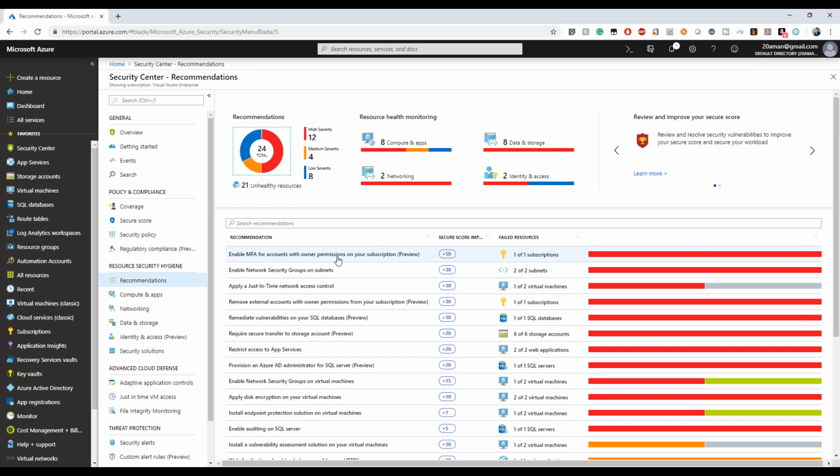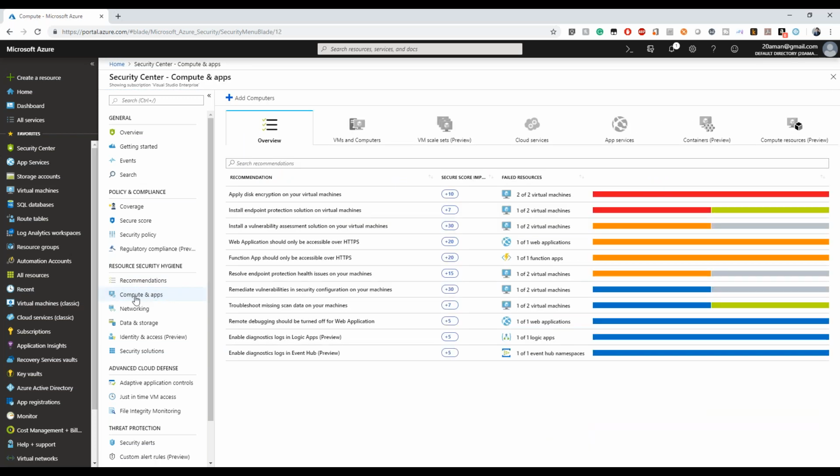of your whole environment. We're not looking at any compliance, any regulatory standard, but at the actual security hygiene of the environment. So you can delve deep into each and every section. Or what I can do is, if I want to focus on a particular section, then I can go into that particular section from the left, and see the recommendations related to that particular section only.